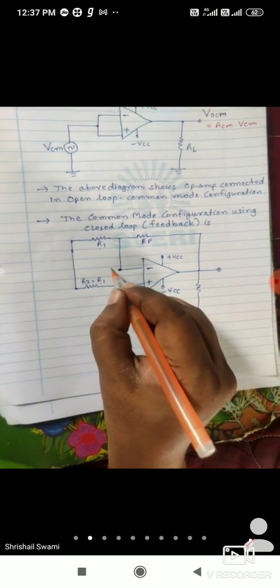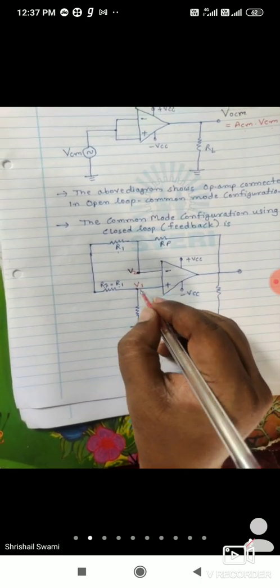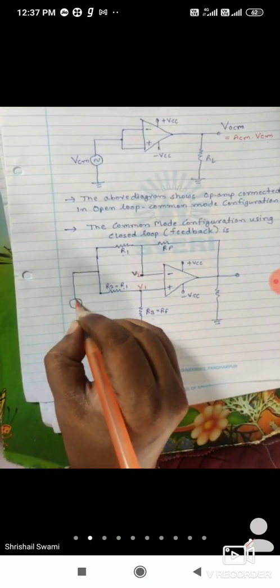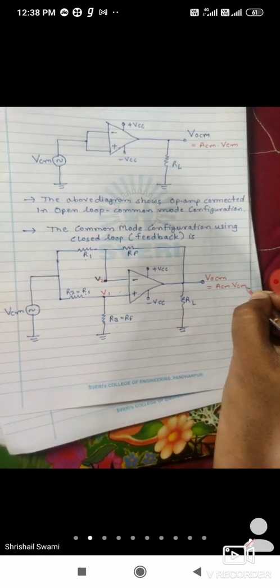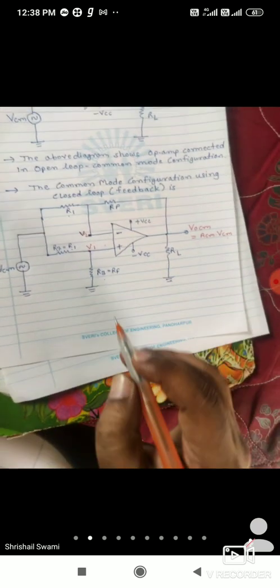If you are considering this voltage as V2 and this voltage as V1, and both are the same, then they register some common mode signal in the closed loop, which we consider as VCM. So that is open loop and closed loop. Here also, in the feedback configuration, the load resistor is there across which we take the output VOCM. VOCM is ACM into VCM, where VCM is the common mode input signal and ACM is the common mode gain of this amplifier. We can analyze it in the next part.